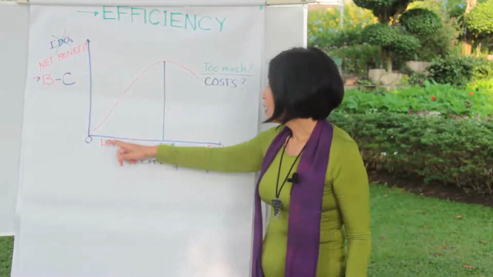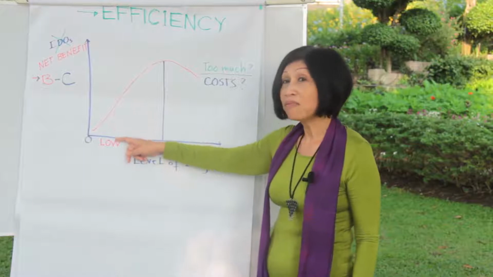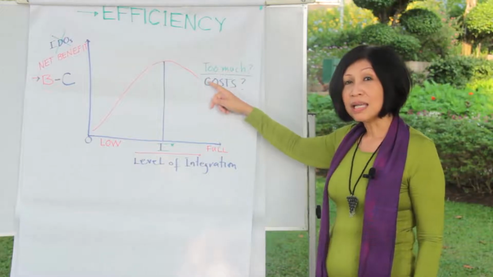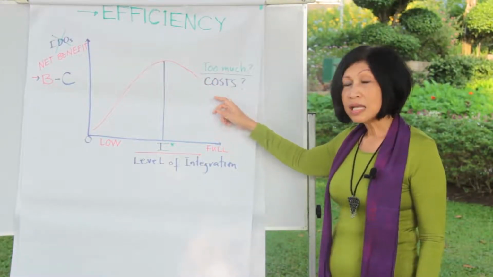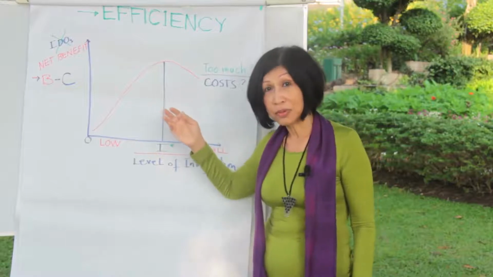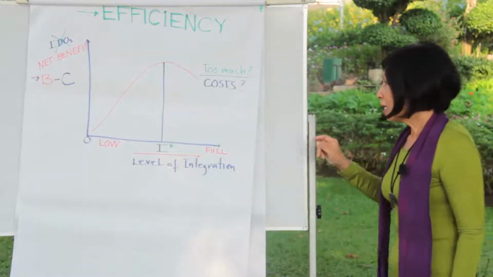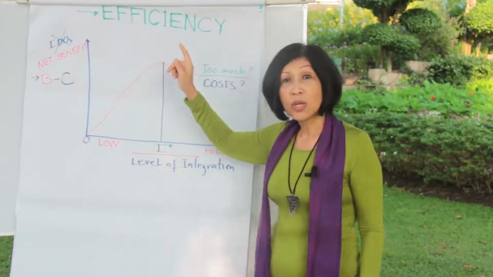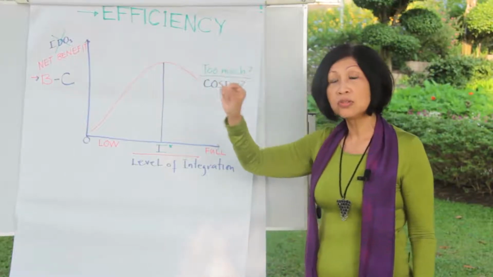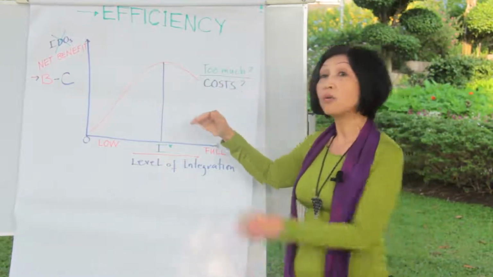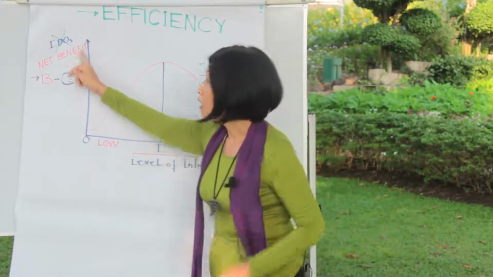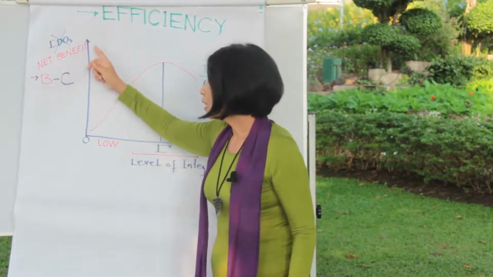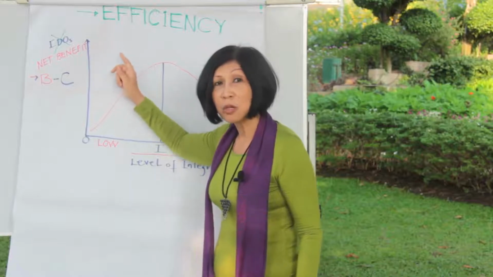As you can see here, there are these benefits that can be obtained from a low level of integration. At some point, however, the benefit might actually be declining. And that is when people are spread too thinly, they may not be able to perform or to deliver that output. So when that happens, the question becomes a question of efficiency. We are no longer interested in its contribution to the IDO, but we are interested in netting out the cost to the benefit of integration. This brings us to this measure of net benefit. What is the incremental benefit that is associated with a higher level of integration?